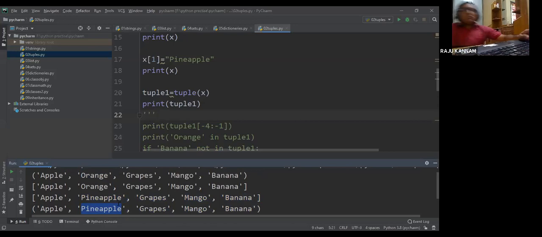So that means in a tuple we cannot directly assign any element by using the index. If you want to assign, you have to change it to some other array where we can change the element, and again convert it back into the tuple.